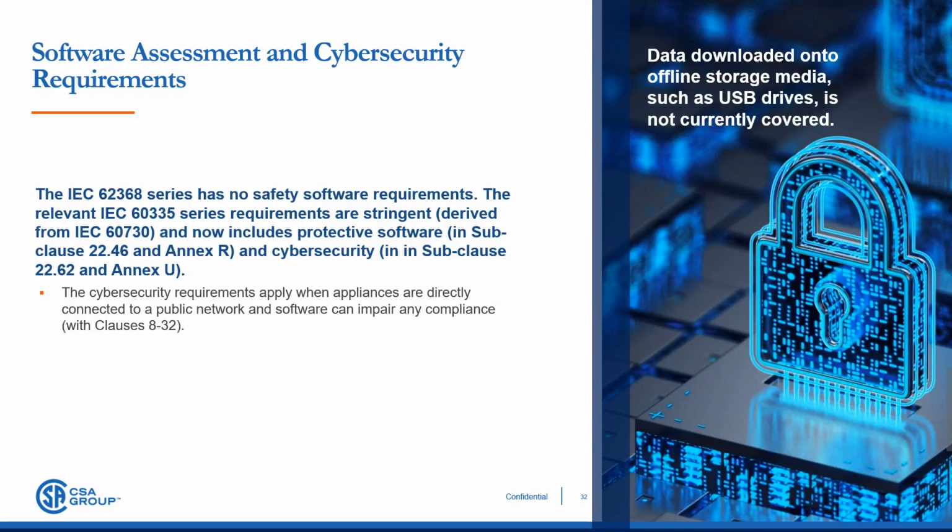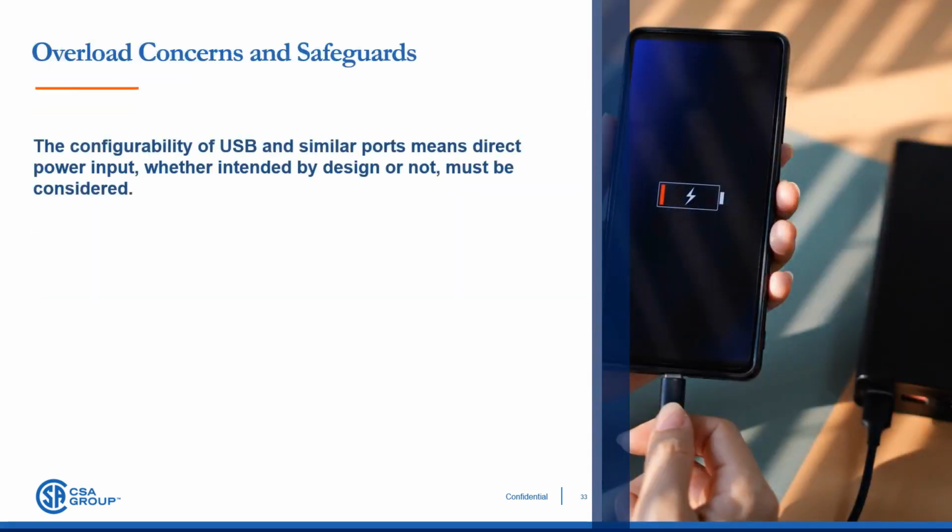A key safety concern is the ability for the user to utilize USB and similar interface ports, as specified in the IEC 62368 series, as a power-consuming input, regardless of whether intended by the product manufacturer. This can result in overloading the power terminals and associated circuitry if not adequately managed. For example, a 5-volt USB port on a battery-powered appliance connected to a 60-volt external power source could lead to a catastrophic overload of the battery management system and may lead to an explosion of the connected battery.